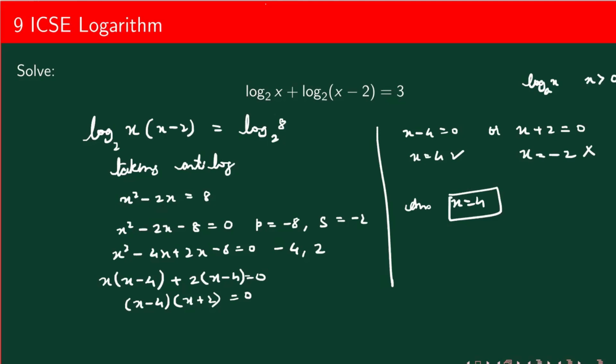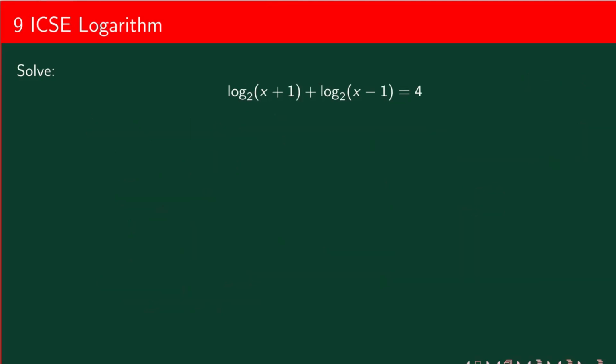Okay, let's go to the next one. Again, I want you to pause the video. What will you write on the right hand side? Think about it. This is 4 and the base is 2. Okay, plus this is a sum. So it will be a product. So it will be x plus 1, x minus 1, and this is log of 16 to the base 2. Okay, taking antilog,